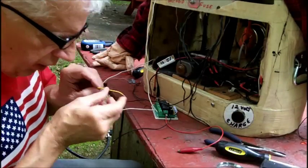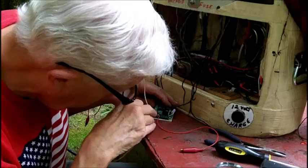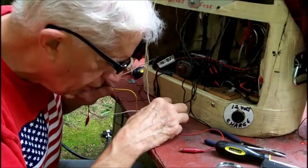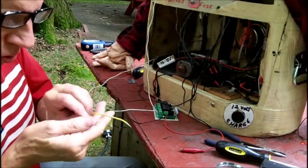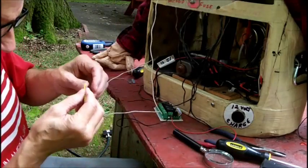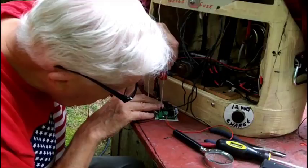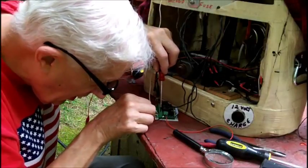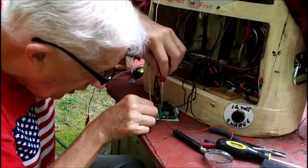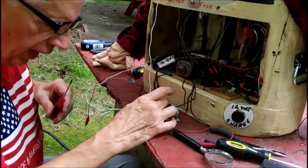Alright, and we got to take a little jumper from here, which is going to be fun trying to get another wire under that red terminal. I think what they do is they go from this positive over to this end screw here, which is C. So we're temporarily hooking this up. Let's open C up, and see if I tighten C down, if I can't power that relay that way,